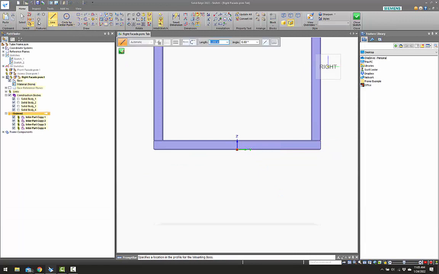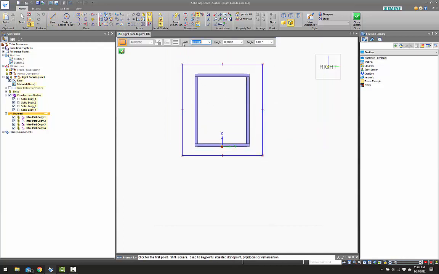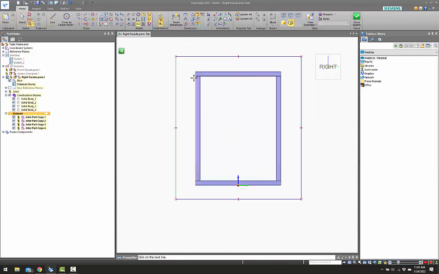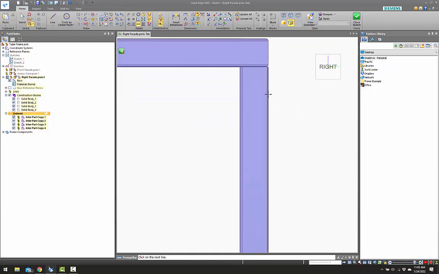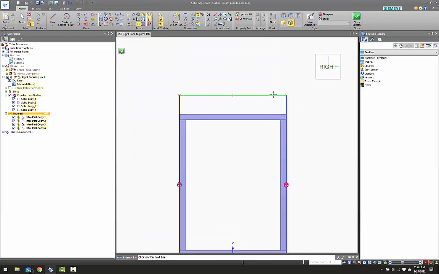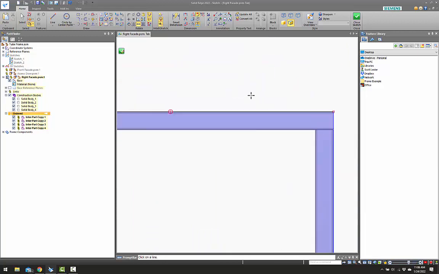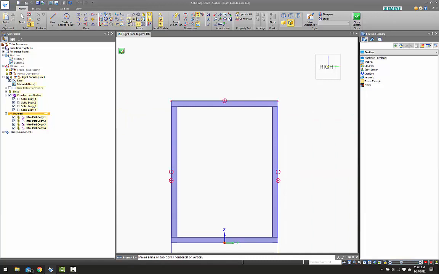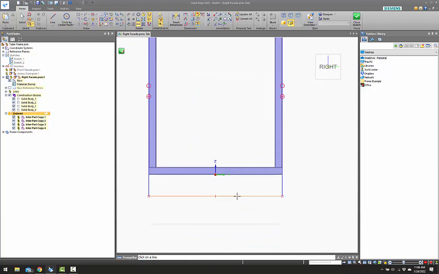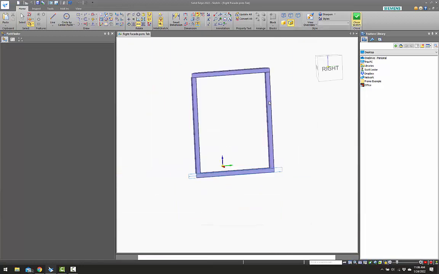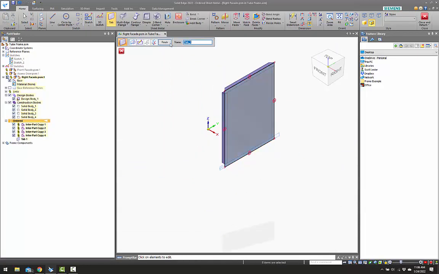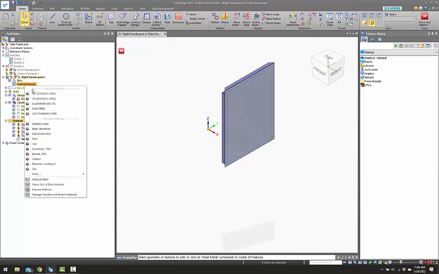Same thing, go with a 2-point rectangle, coincident, and I did use Control Q to hide other items that I don't want to accidentally lock on to. I'm just using a coincident or collinear mate here to put these edges exactly where I want them. Hit close. I'm going to go to the outside, hit finish, material 304,